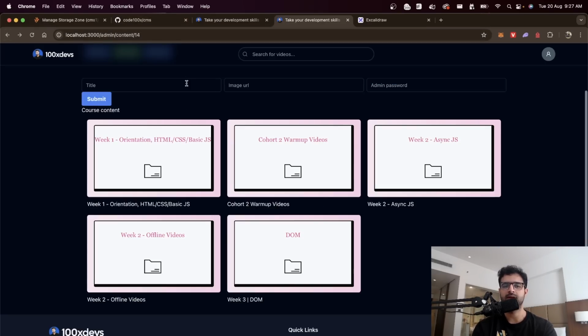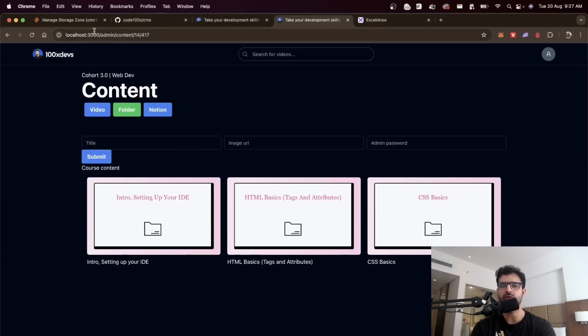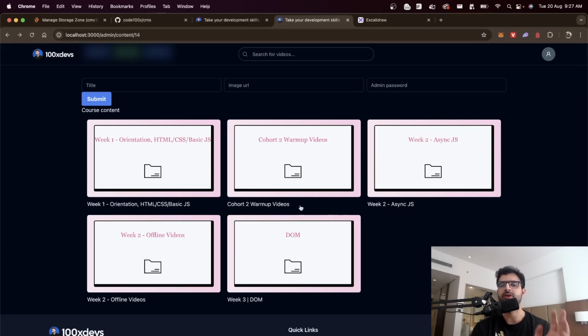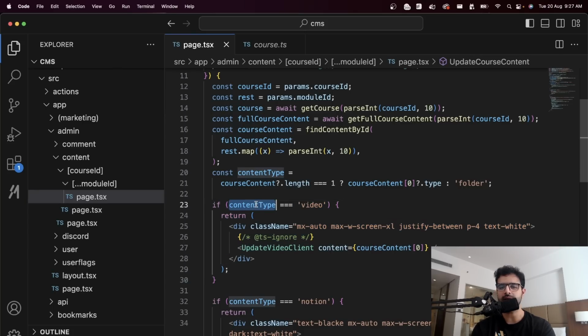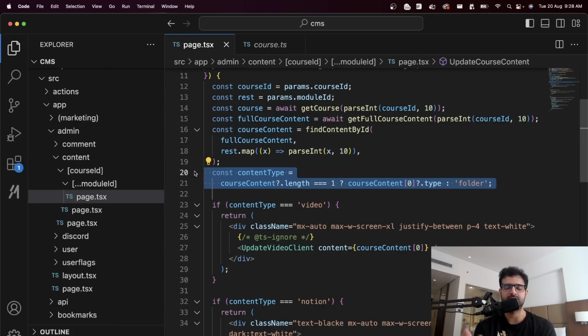/14/446 is a folder. /14/417 is a folder. All of these are folders. When you click on it, it should open a folder and show you all the videos inside. But for some reason, if you open a folder that has just one video, it directly skips over here. So probably the bug is in this content. There you go. Actually, the bug is right here. Course content.length equal to 1, then course content of 0.type, else folder. Well, the question is, why was this added? It should just be course content of